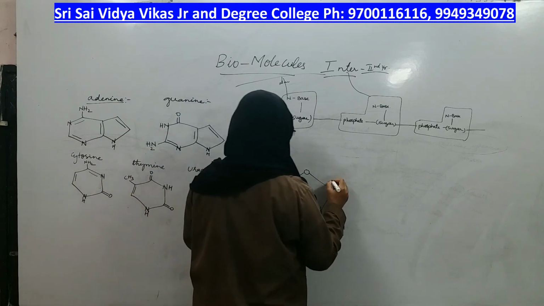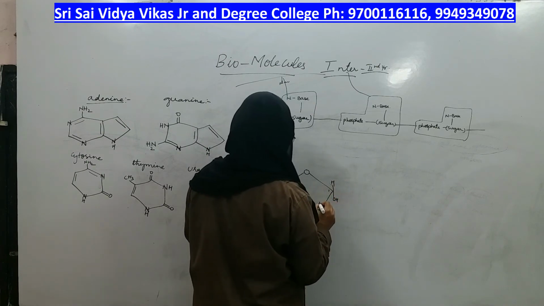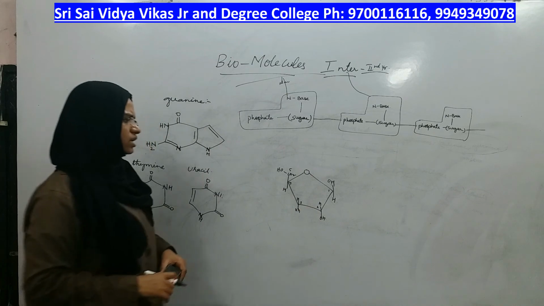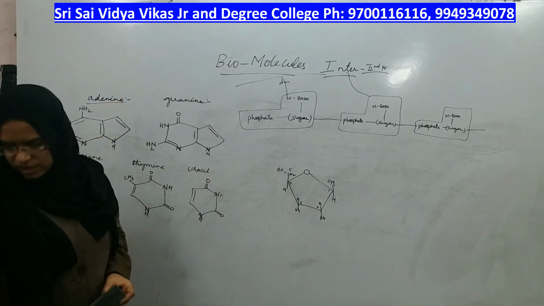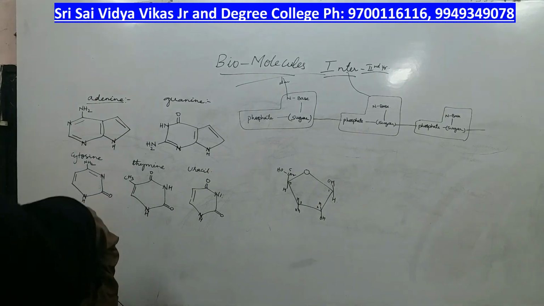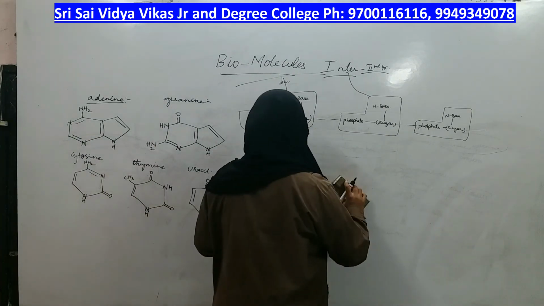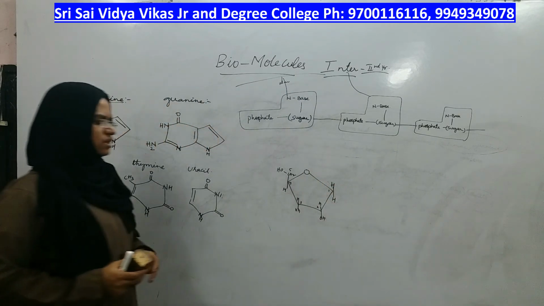First carbon has H, OH, and OH, H, it should be this way actually, right? So this is the arrangement of a single ribose, in which where is the deoxy position? Deoxy is at the second carbon, here, deoxyribose.